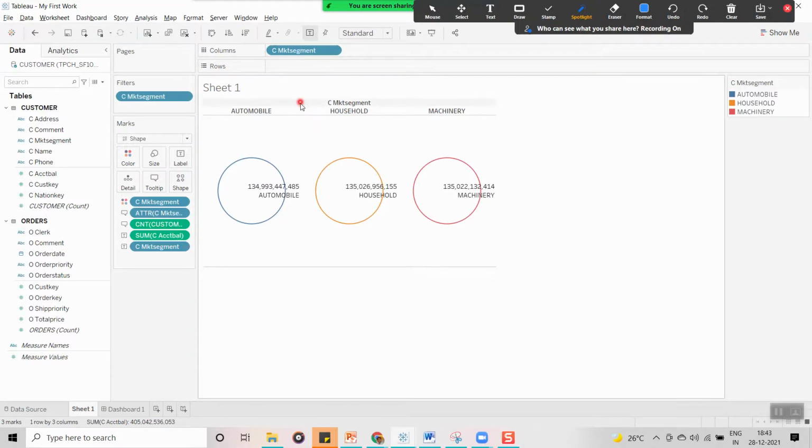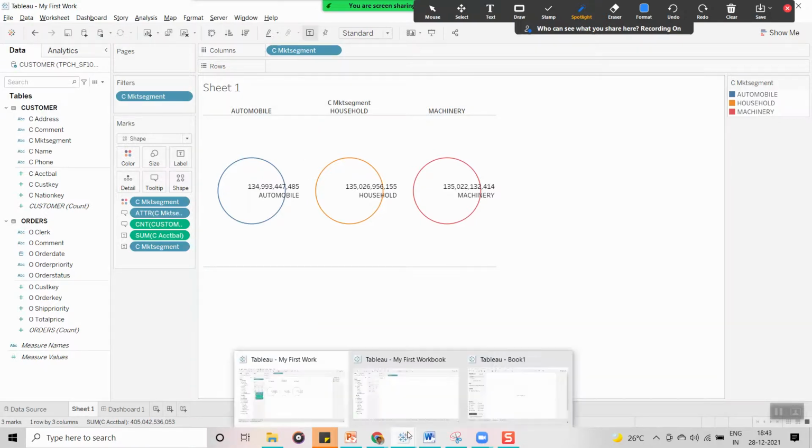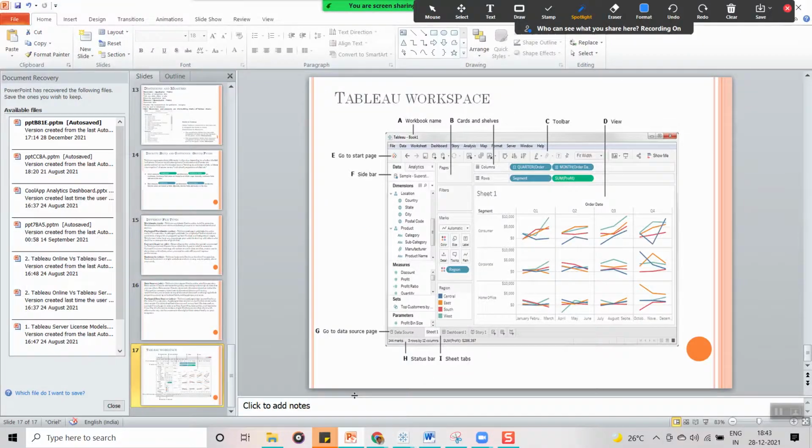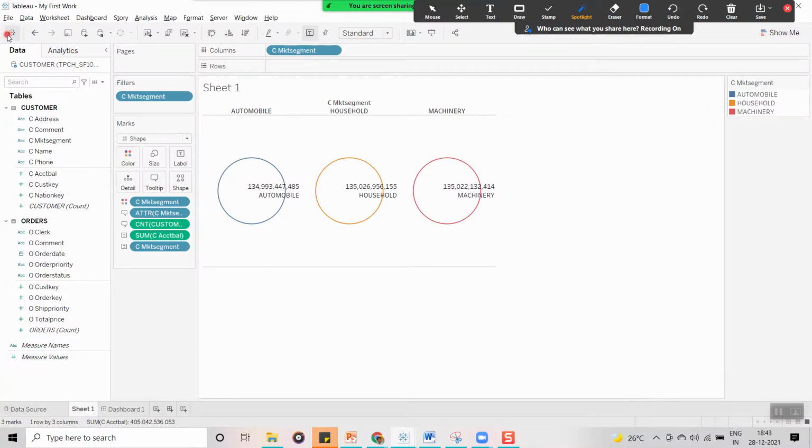Now the another one is the toolbar. Here, this is the toolbar, whatever small icons you can see. This toolbar is going to help us to access things quickly. For example, to apply or disable labels, directly you can click on these labels. Now you can see the labels have been disabled, labels are not showing.